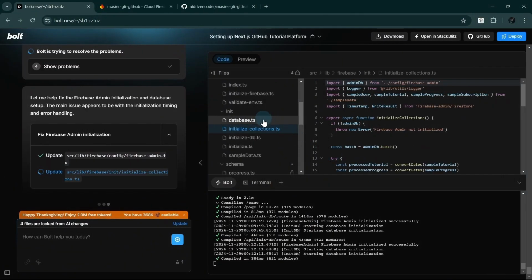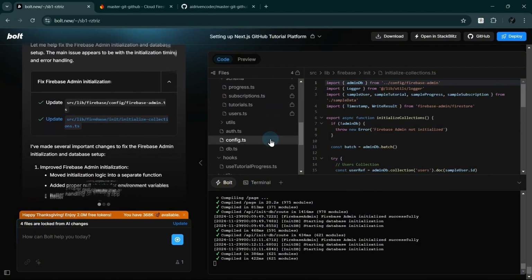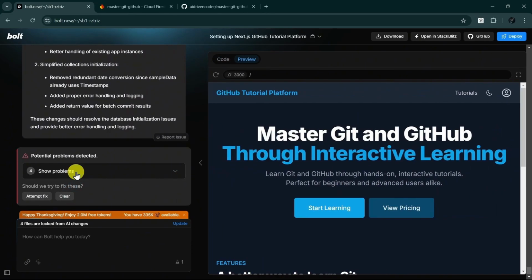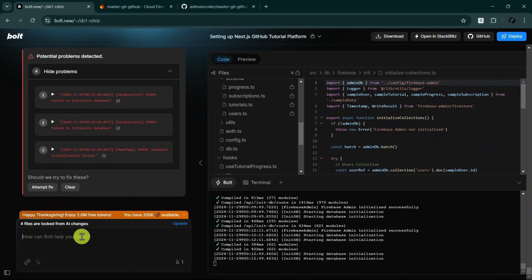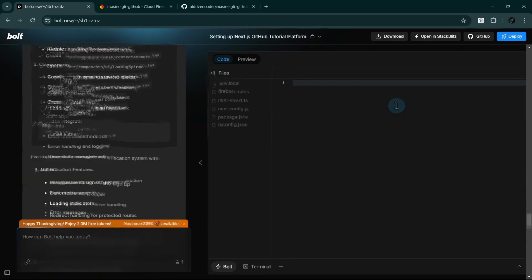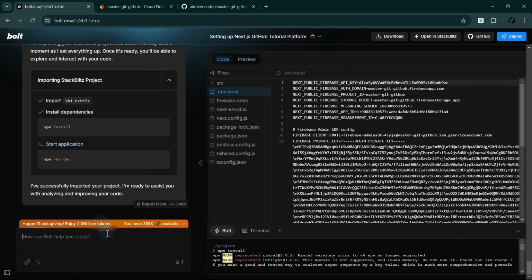If this doesn't work, then I might ask Bolt to remove all the initialization files here and work directly with the Firestore database. Maybe it will simplify things. Okay, I will refresh. And I will push to GitHub the changes so far. And then I will tell Bolt to